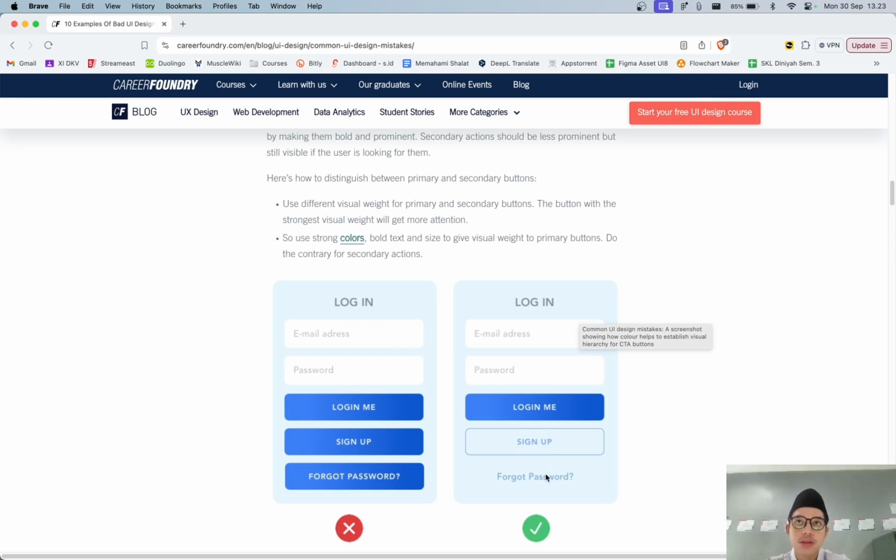And if you want to forget your password, you have to click the text button. So it shows a difference. So when you click, you know that it's not only showing the difference in the visual, but also the difference in the function of the button, like that.